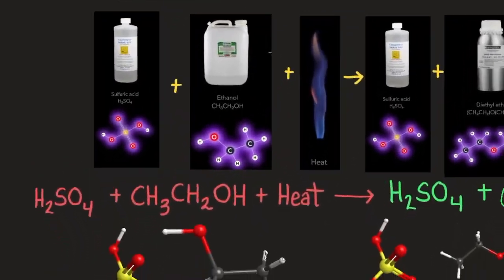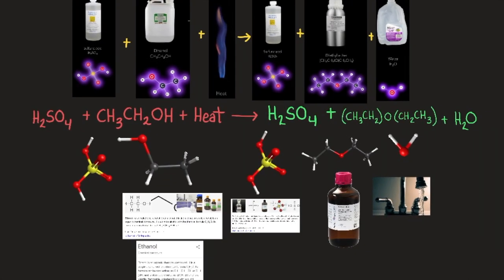So continuing on, here we have another reaction. Now that we have sulfuric acid, we have a purpose for it. So here we have a reaction with sulfuric acid, H2SO4, combining with ethanol. The molecular formula is CH3CH2OH. When you add heat to that, combining it with sulfuric acid, you get sulfuric acid as a result, along with